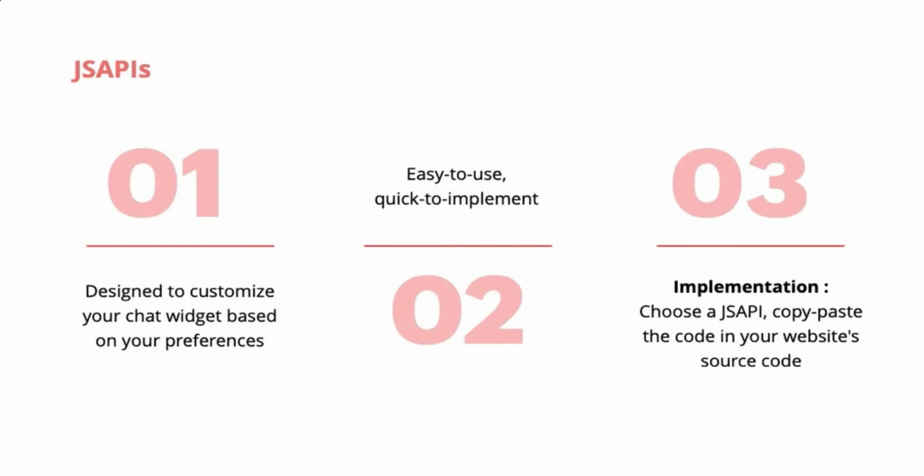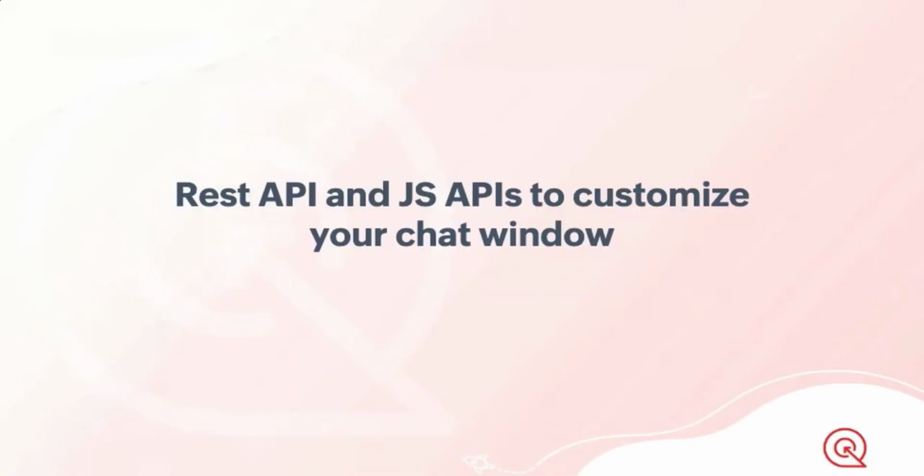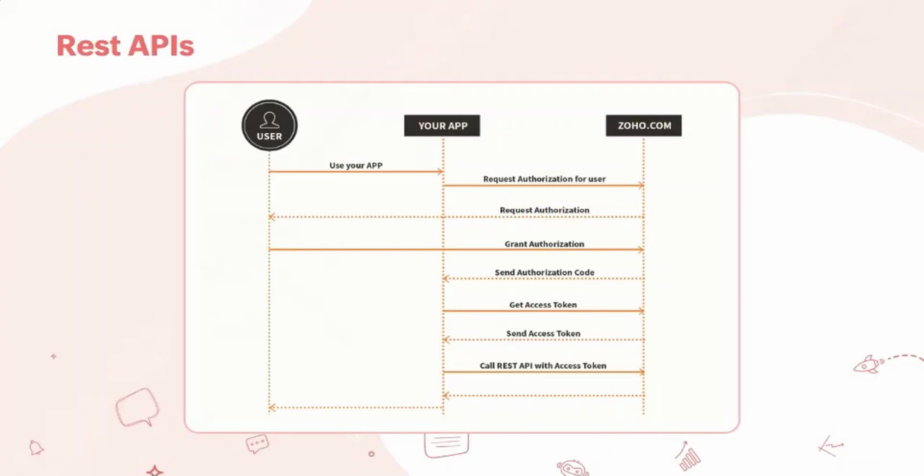So all you have to do is just choose the required JavaScript API, copy paste the code in your website source code between script tags, along with Sales IQ's live chat widget code, and the rest will be taken care of. So you need to remember that it has to be pasted after the Sales IQ live chat code. You can call any number of JS APIs within Zoho Sales IQ's global handler, and you have REST API. So this basically defines a set of functions using which your developers can perform requests and receive responses via HTTP protocols like GET and POST. So you have a bunch of different APIs in Zoho Sales IQ that you can choose from.